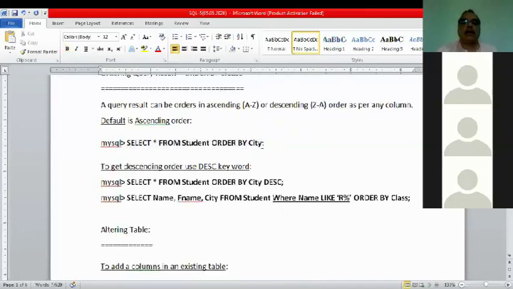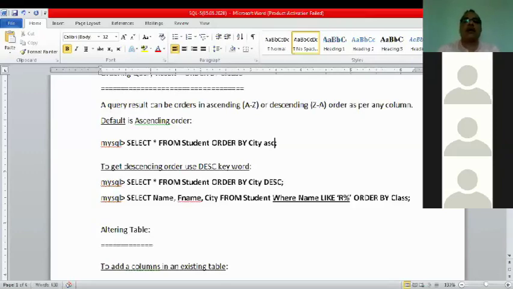So order by displays the records on the basis of values of the city field in ascending order. The values of other fields will also be rearranged according to the values of the city. So it will display in ascending order, though we have not written ascending or descending.